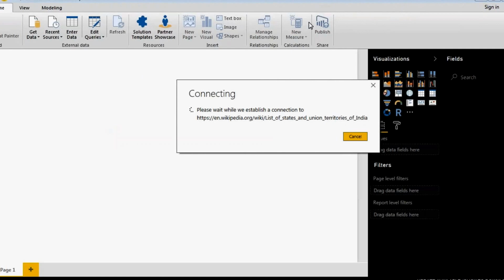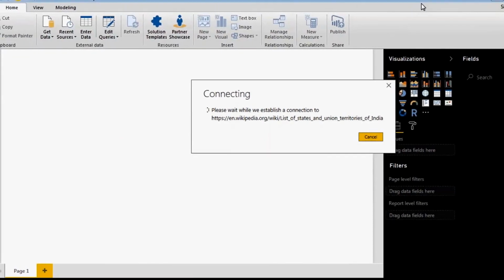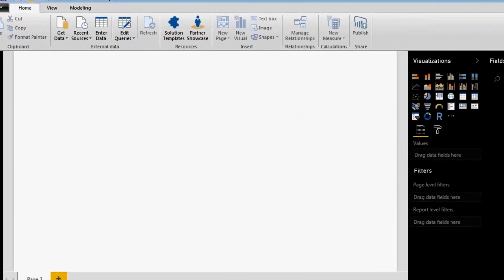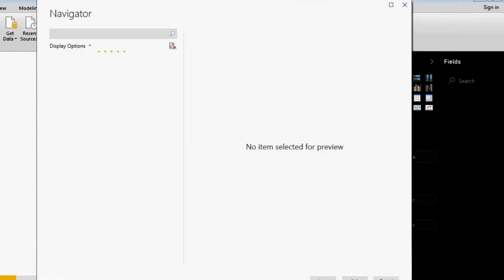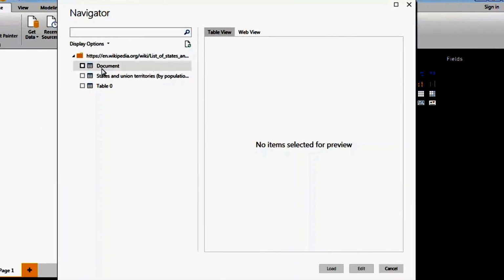So it is connecting to the web page. So it is connected to that web page.